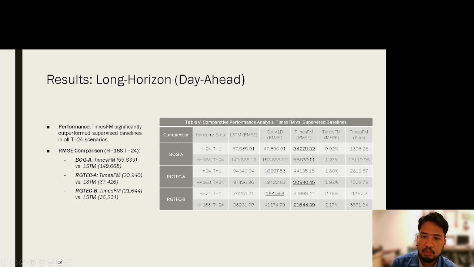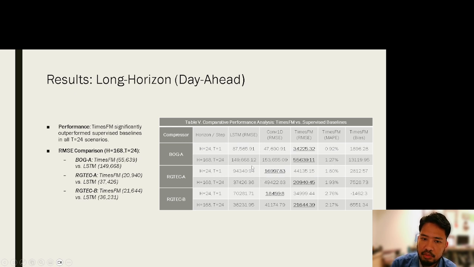You can see here for BOG-A, for example, we obtain the lowest RMSE for the 1 hour forecasting window and 24 hours forecasting window, with a mean absolute error of 0.92% and 1.27%.